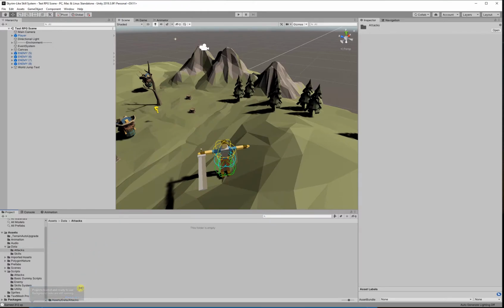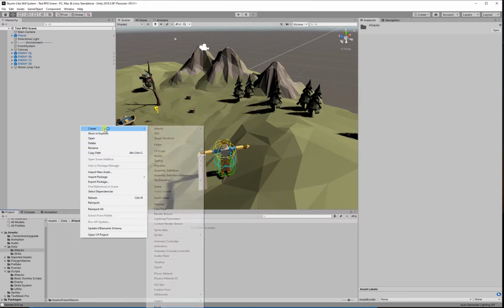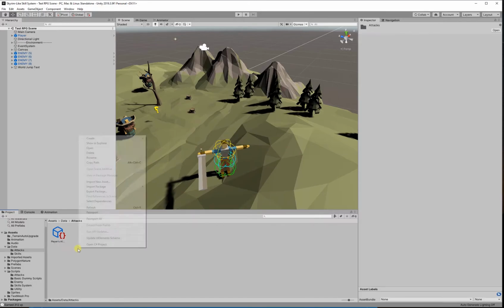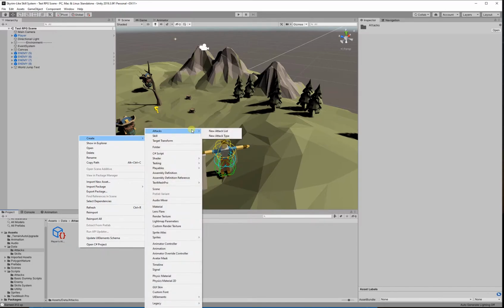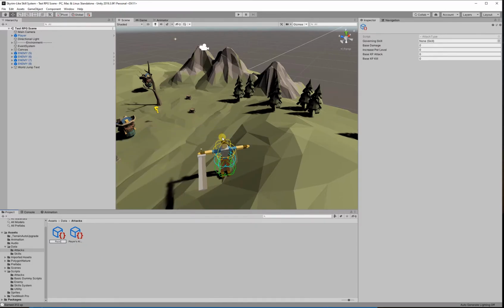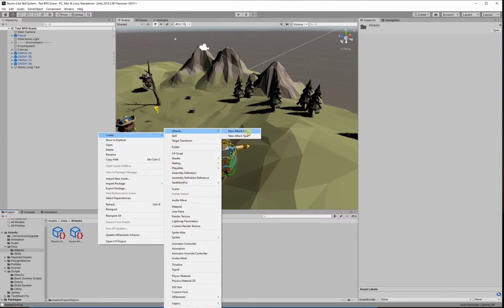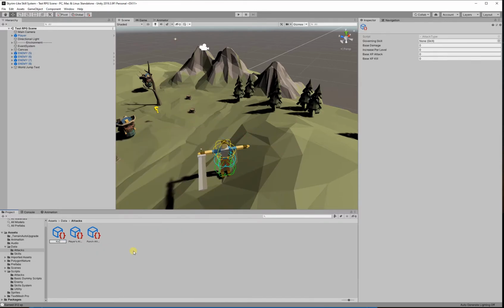So make sure you've got yourself some folders set up so it's easy to navigate this. Right click, create a new attack type, and we'll create first an attack list, and this is what we're going to put on the player. So this will hold all of the player's different attack types, and then we'll create our 2 attack types. Since we have punching and kicking animations, we'll use those. So go ahead and create a punch attack and a kick attack,